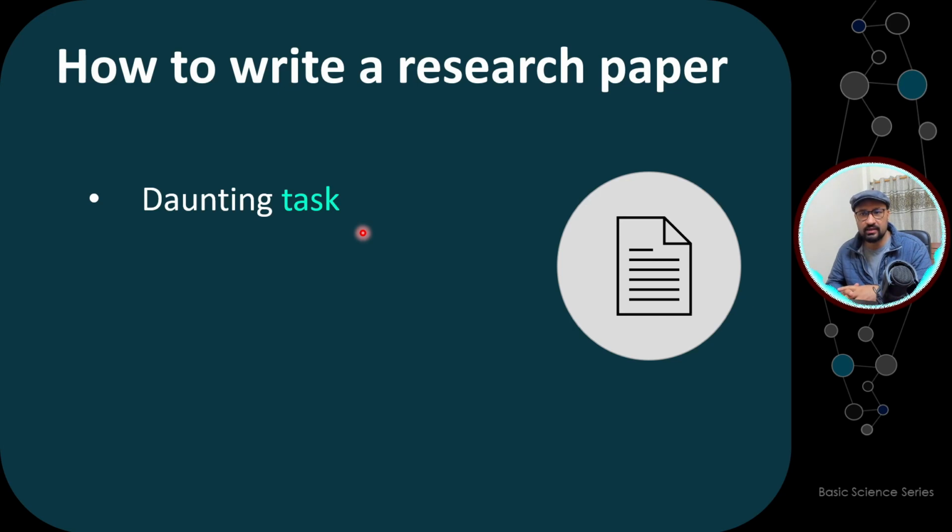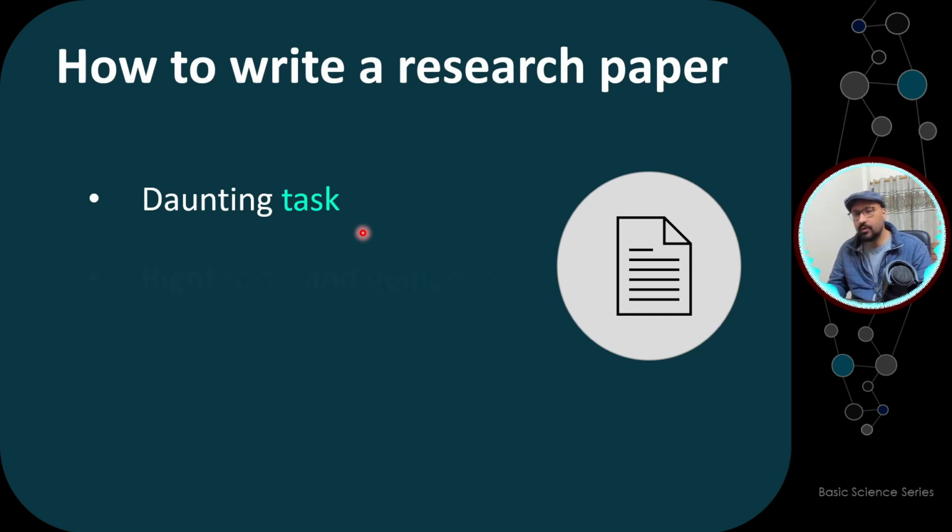So there are so many things you have to take care of, and it is going to become a little bit difficult task initially, but maybe after some time you will become habitual to writing research papers, and then you will say, okay, I want to write another research article. Sometimes I've seen people writing manuscripts after manuscripts, and they really like the idea of publishing. So it depends on person to person, but for many people it is going to be a daunting task, at least once they start writing, because there are so many things you need to take care of.